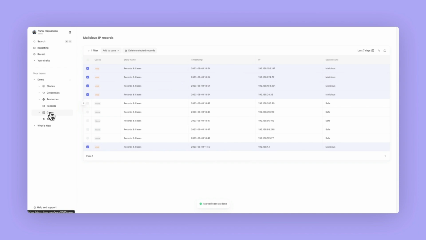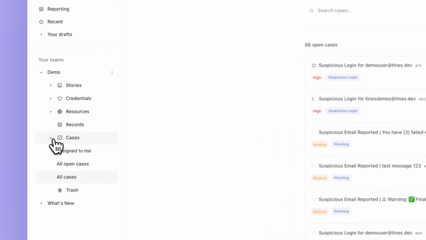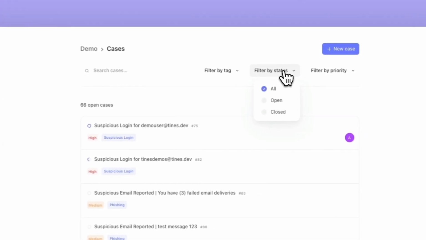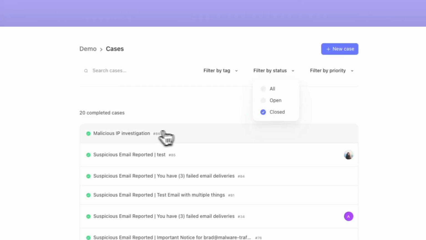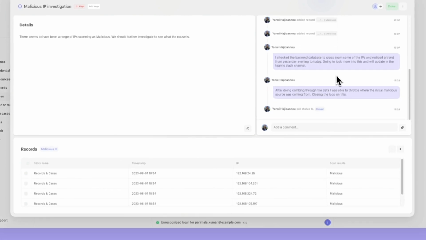If you ever want to look at any of your cases, they're available in your team under cases. And from here, what you can do is you can go by open cases or closed or all. So I can go back into my previous case and then look at anything that happened in it historically. And if I need to, I can always mark it as undone if there's more things that I want to. I can also copy a link to the case if I needed to share it with anybody else on my